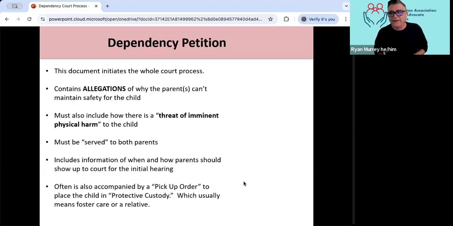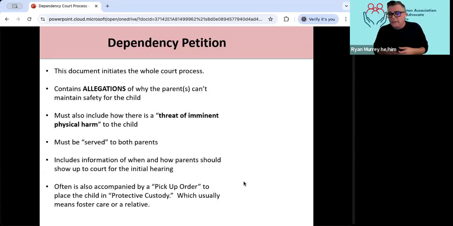Okay. And there is a whole bunch of legal arguments going on back and forth about whether, essentially, we have to have a removal in order to start a dependency. Could we start a dependency process without removing the child? The drafters and the people who wrote 1227 just wanted to make sure that we were removing children from their homes as a last resort, meaning we tried everything else, and that the court should weigh in on that, and it should not just be a decision based upon allegations.